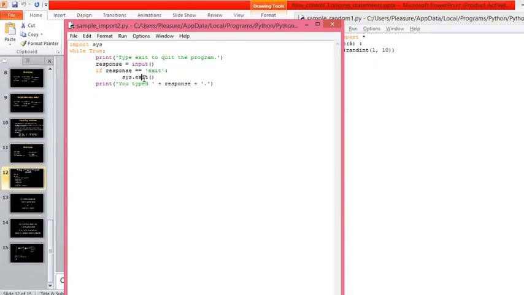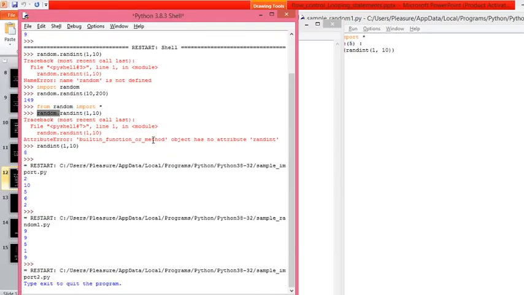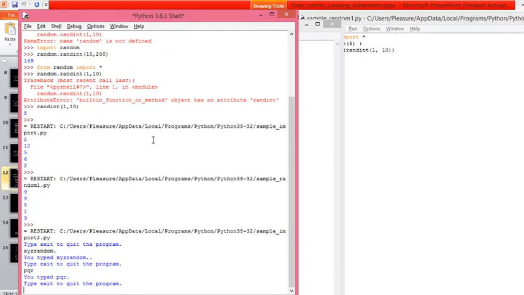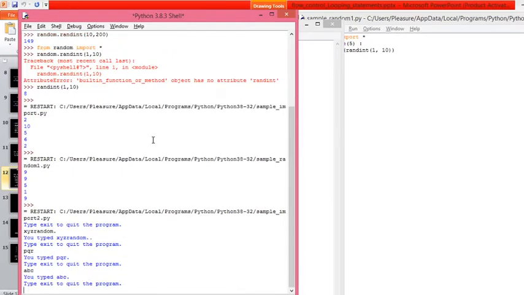So sys.exit. Now this while loop is an infinite loop, but when you type exit, it will terminate the program. When you don't type exit, it will keep on looping the program. Type exit to quit the program, but if you type something else like XY, PQR, or ABC, it will keep on asking for the data.